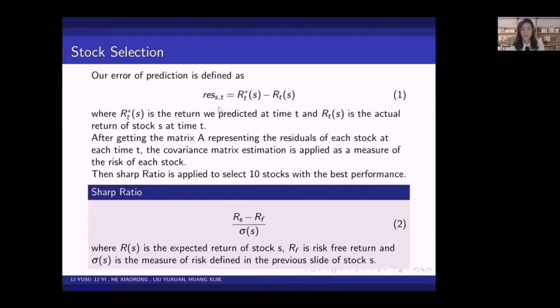Firstly, we calculate the residuals of each stock, which is equal to the return we predicted minus the actual return. Then we use the residual series to calculate the covariance matrix of all the stocks. We define the sigma square is on the diagonal line. Then we know sigma S. So we know all these 3 terms and we can calculate the Sharpe ratio for each stock. Then we select the 10 stocks with the highest Sharpe ratio. Then YUXUAN will introduce how to find the weight of each stock.